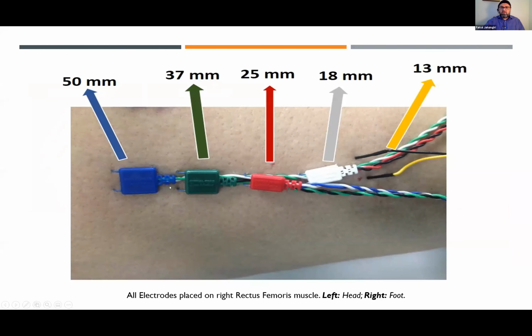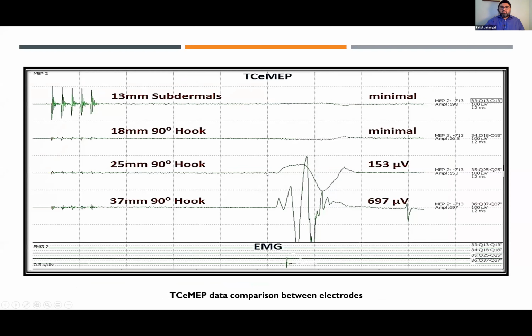For the longer needle, you can put Tegaderm or tape on it, and they were very, very secure, even without putting the electrode, but 13 millimeter was very small. So these are very important for patients who have high BMI. For a very obese patient, the muscle is very, very deep in the adipose tissue, so you have to use a longer electrode to record that.